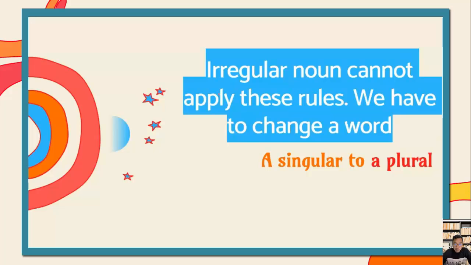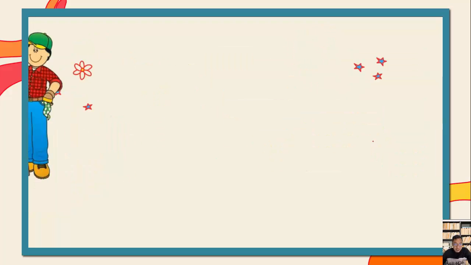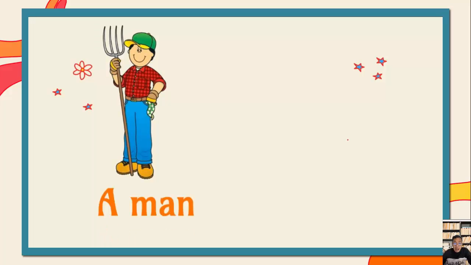A regular noun we cannot change. Irregular means ไม่ regular means ปกติ so this one now ไม่ปกติ, nouns that are not regular, so we cannot apply those rules. Just put s, es or ies. This irregular noun we have to change a word นะ ต้องเปลี่ยนรูป